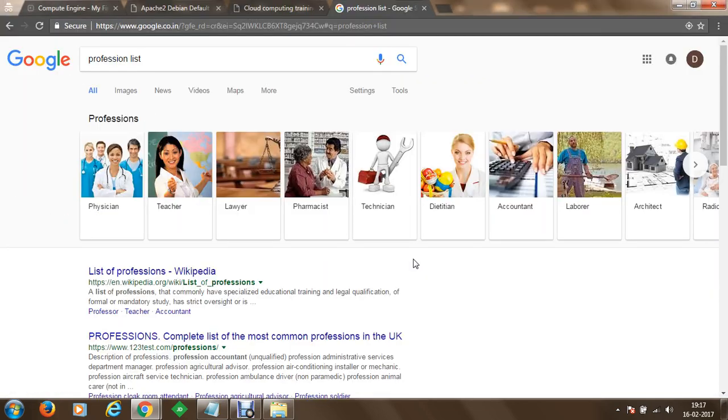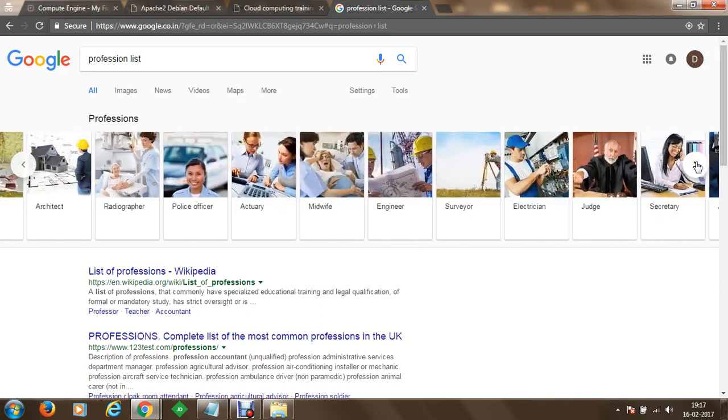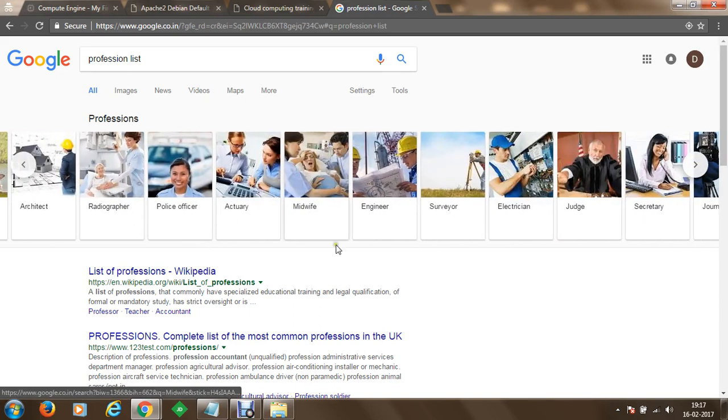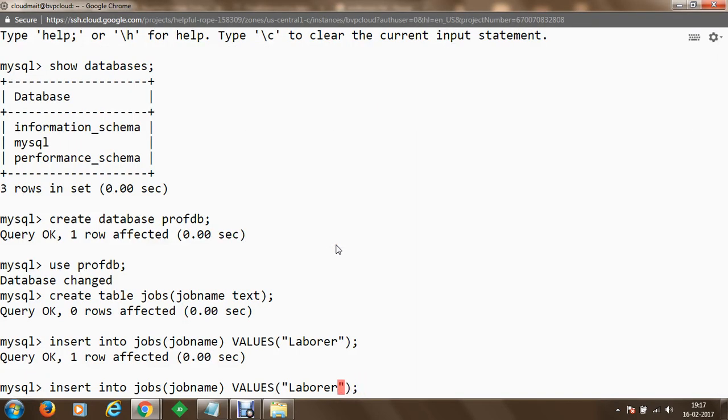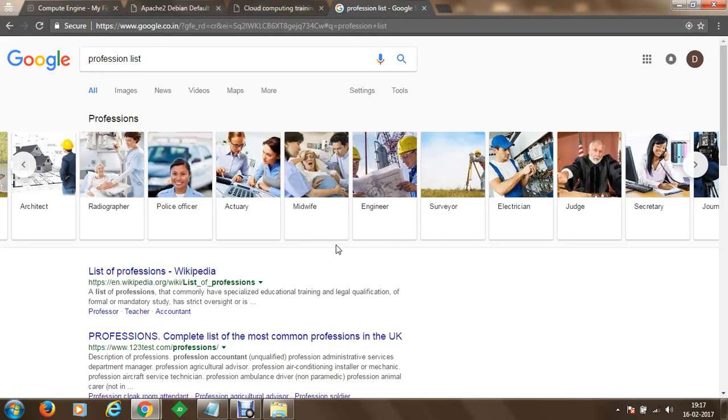Now we are going to insert another value, like midwife. So we are going to enter midwife. Then we are going to have a profession something like secretary.